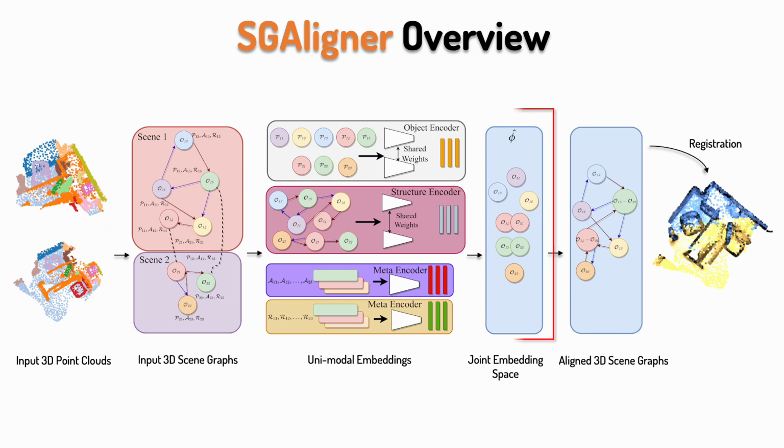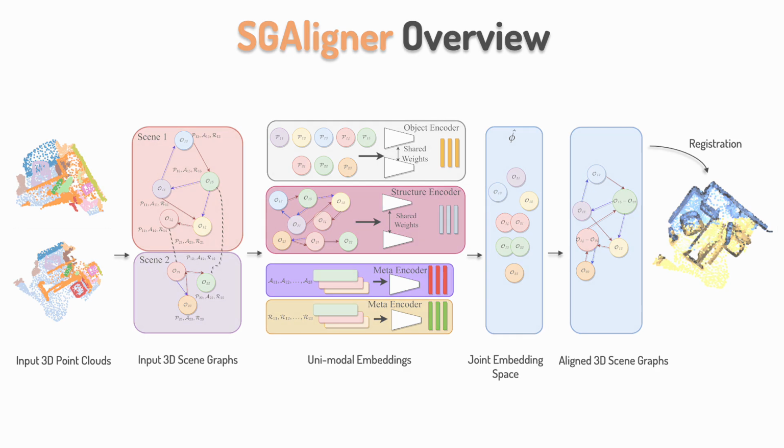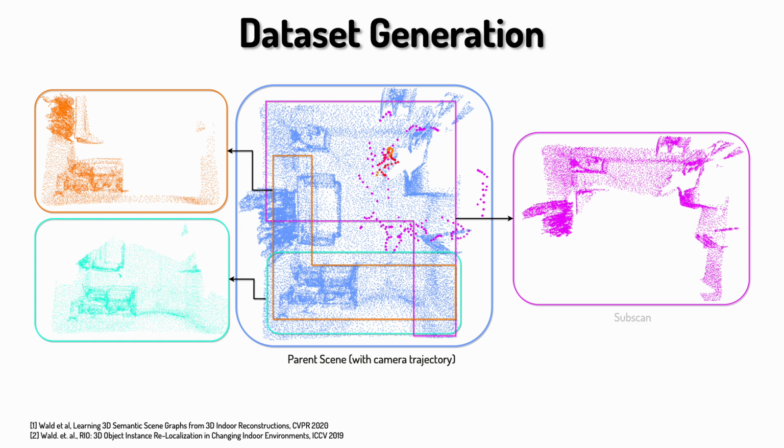The above unimodal embeddings interact to create a joint embedding space, and we use the similarity in this space to create an aligned 3D scene graph. We further demonstrate the use of the alignment in 3D point cloud registration, 3D point cloud mosaicing, and finding overlapping scenes. In the absence of a dataset for these tasks, we generate one using state-of-the-art datasets, 3RScan, which contains RGBD